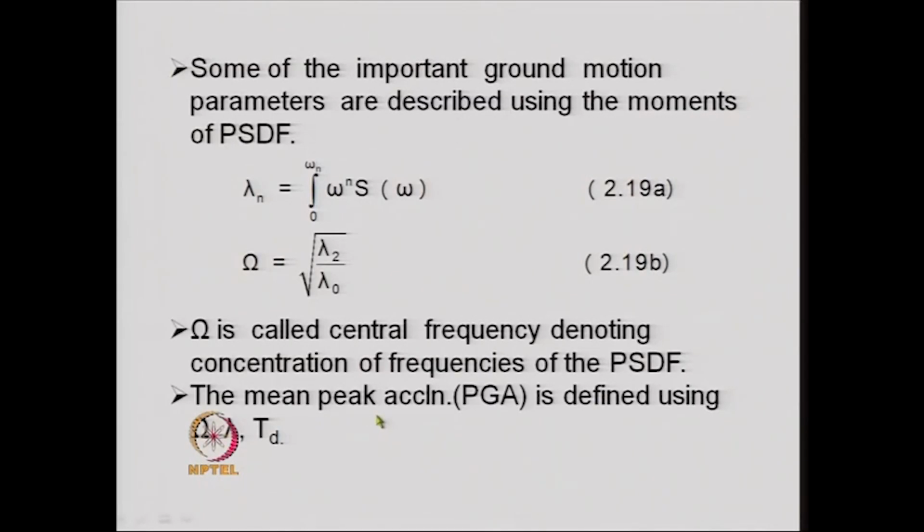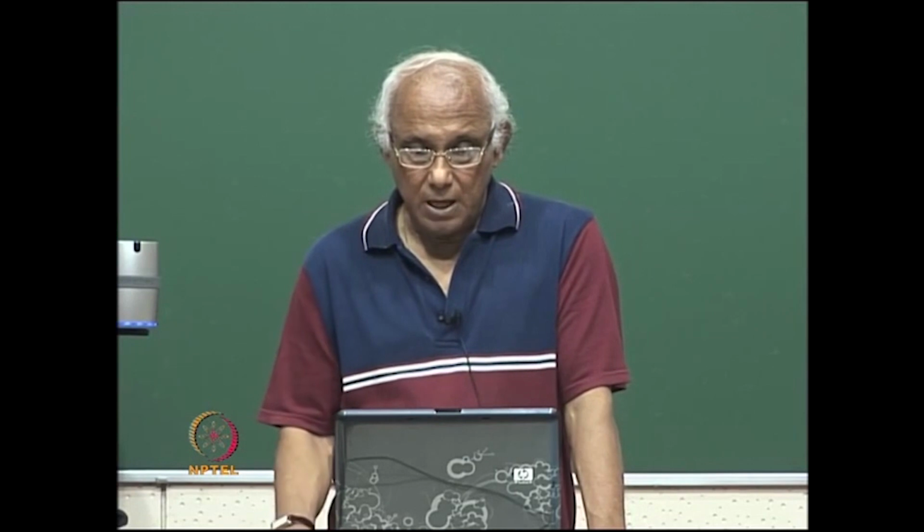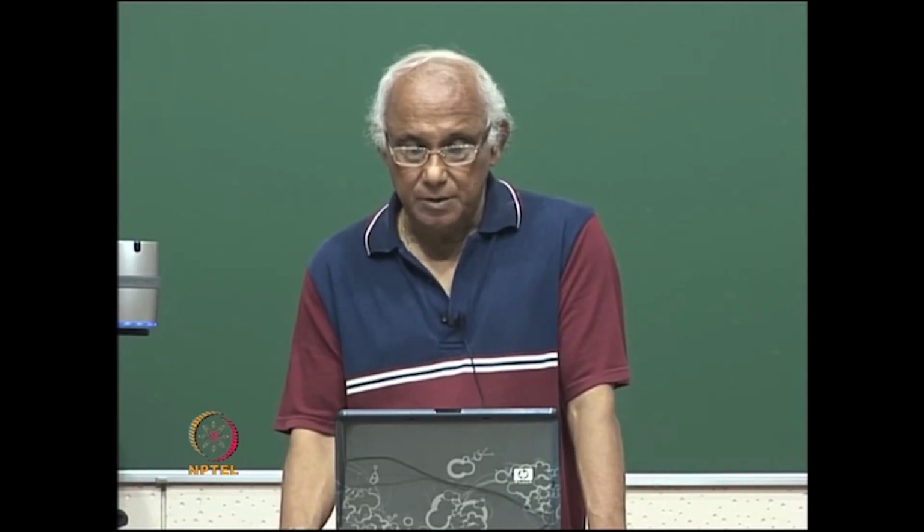The mean peak acceleration, that is peak ground acceleration, is defined using these three quantities, that is the value of the capital omega, the duration time t, and the lambda 0 value, and is defined by this equation, and this was derived first by Davenport, and later on this equation has been improvised